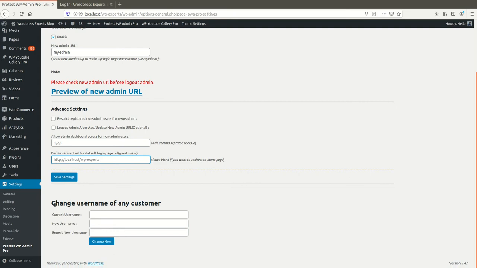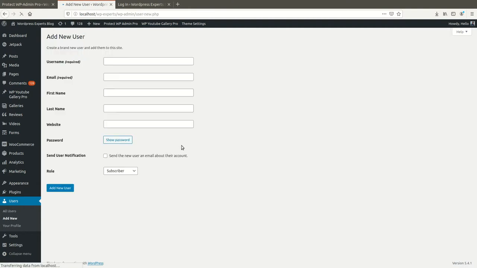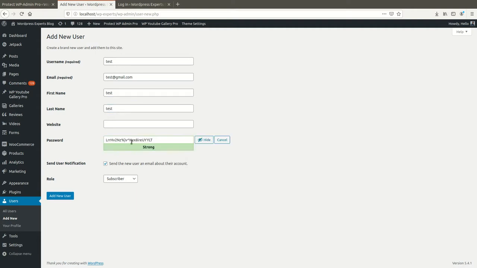Here we have also given the feature to update the username of any existing customer or user. For example, let me create a new user, test at gmail.com, with a password, confirm, and send email.